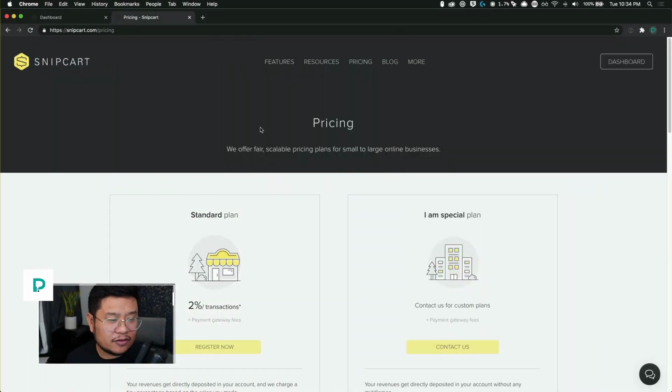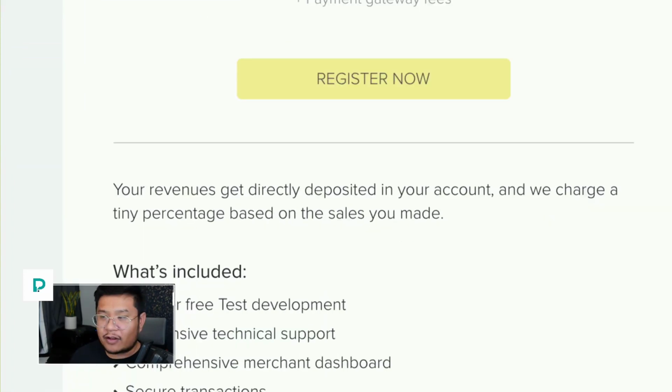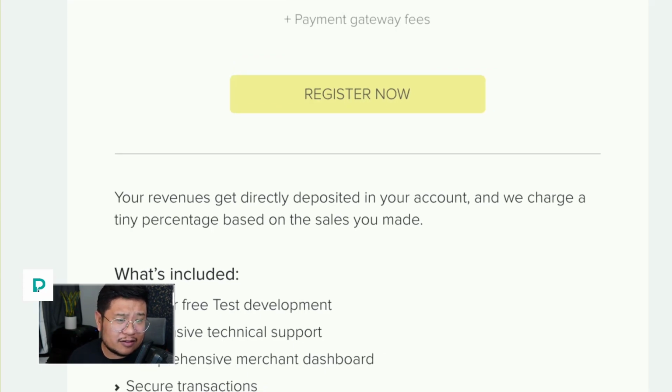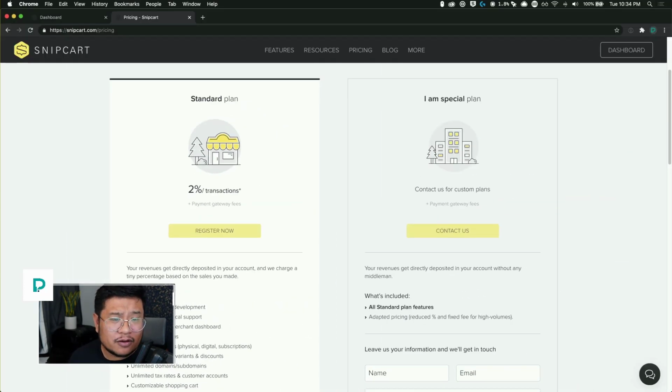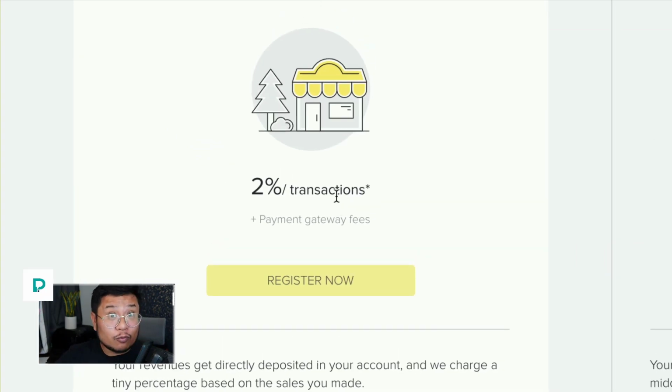All right. Two things to note that I haven't really touched on yet. So again, the pricing on Snipcart is, to develop on it, it's free forever. All right. So forever free test development. It's kind of like Webflow, how you get a starter account and you can play around with Webflow for free. So you can kick the tires, see if it works in your workflow. And same thing with Snipcart. All right. The only time you start paying is when you have to pay for the 2% transactions, when you're actually selling real products, not in a test environment, but actually live.